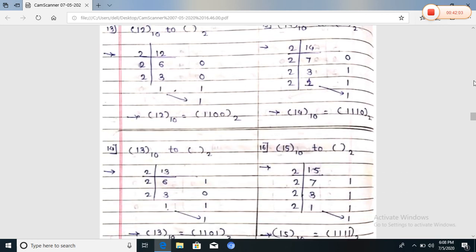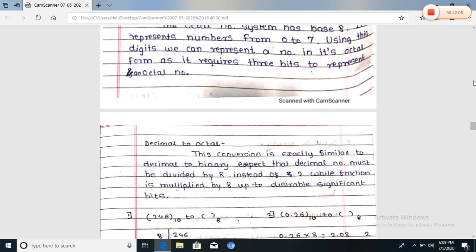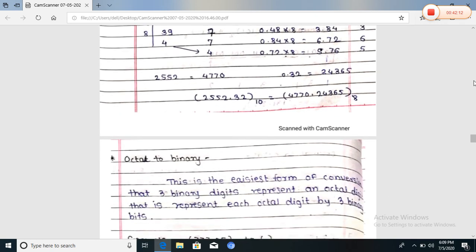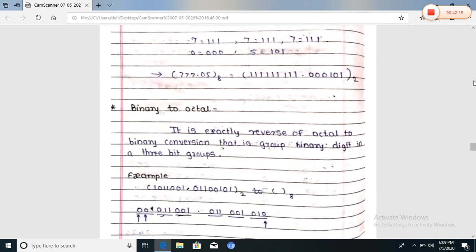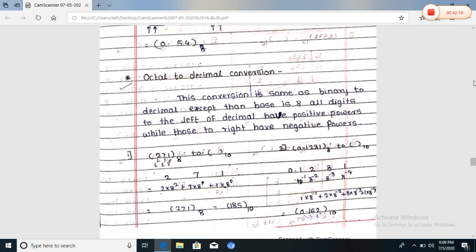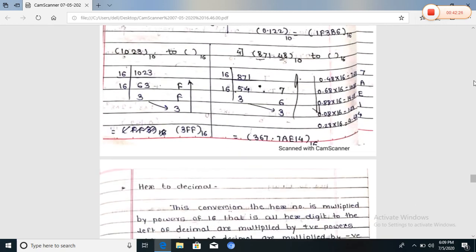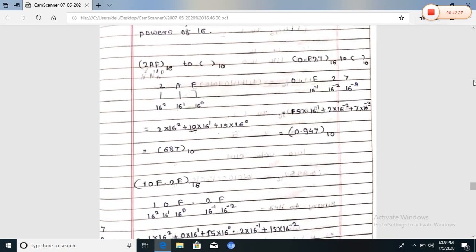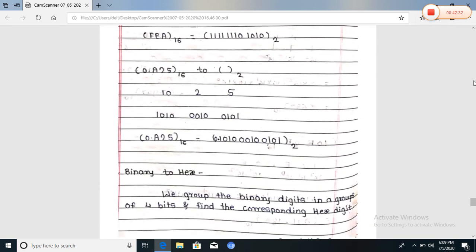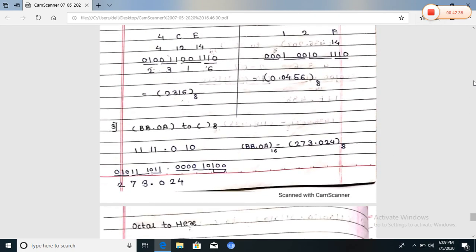If you have any query or any doubt on this point, call me or ask your doubts about all these number systems. This is the first chapter of SY computer number system, the first point of SY IT, and this number system is very important, and the next points depend on all these number systems. So practice with these different